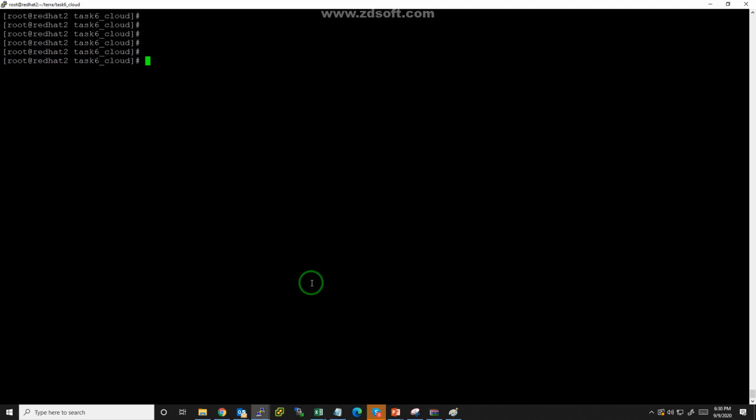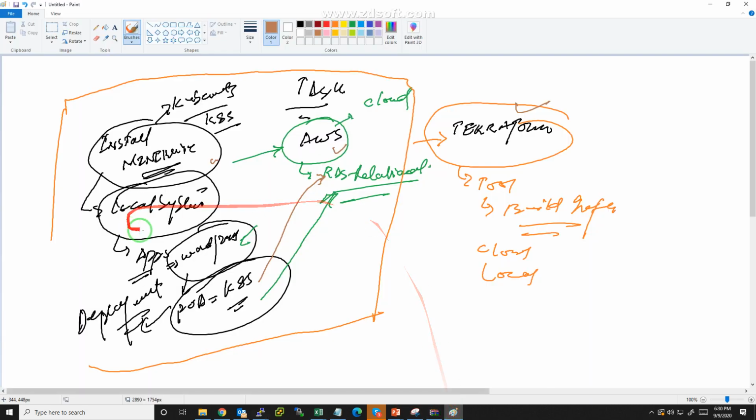Now you have to write the code for your task, which is to launch the app deployment of WordPress, and then make a connectivity to RDS. We will do this via Terraform. So launching the app we will do with Terraform.